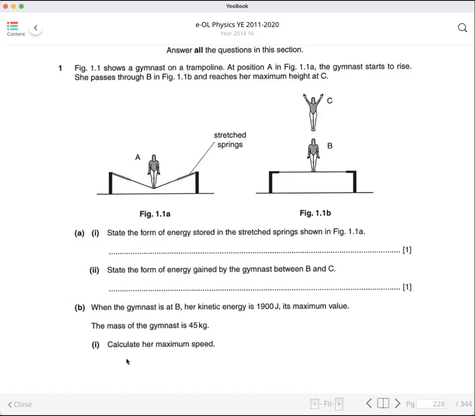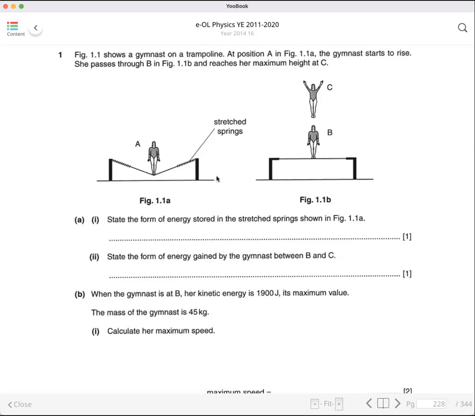Okay, Yiting, why do you choose 3SF for your part B? So for part A, both of you got it correct. Well done. Let me just give you all the answers. For A1, it is elastic potential energy, and the second one would be gravitational